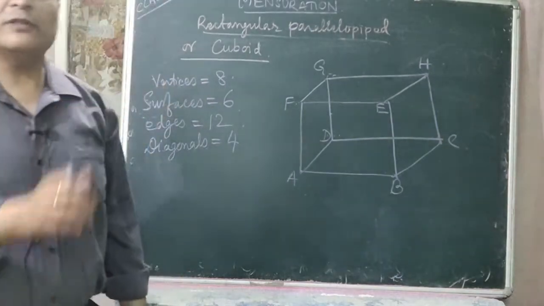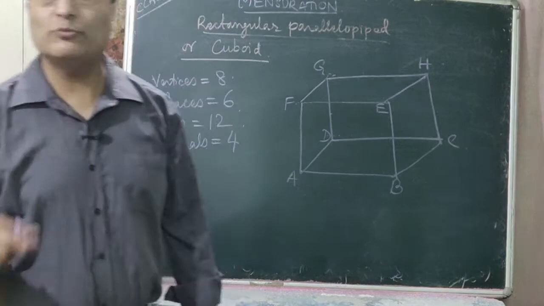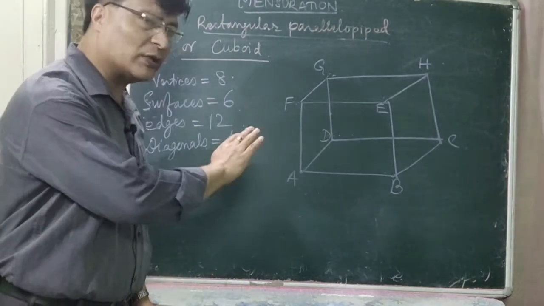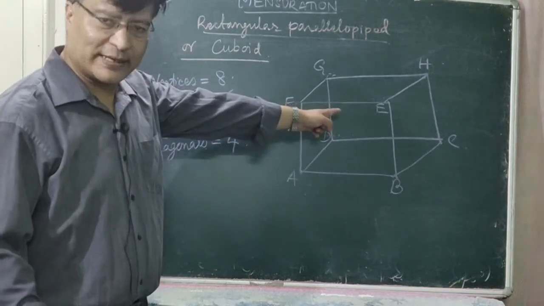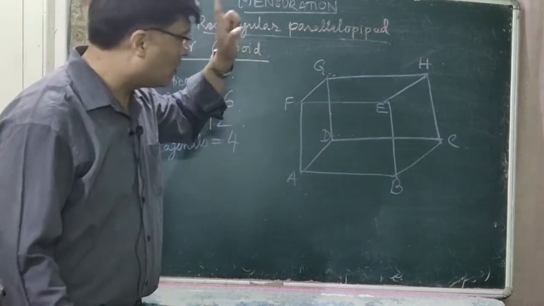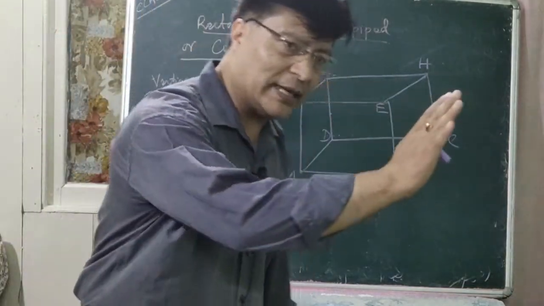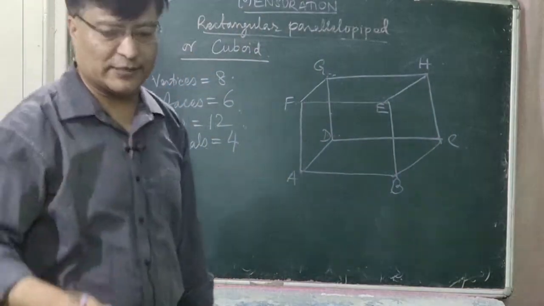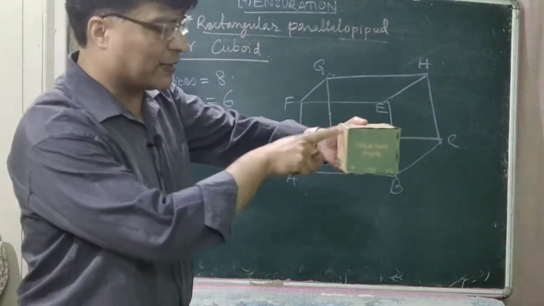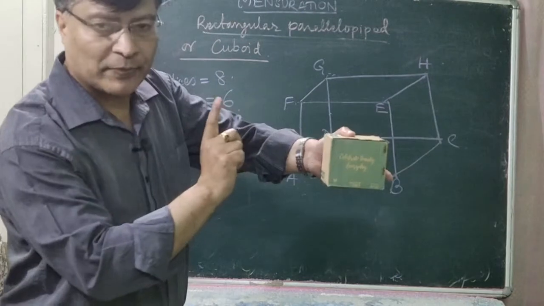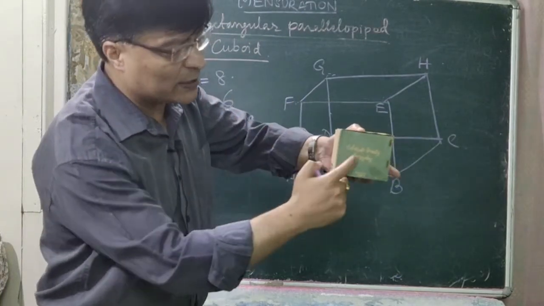So now for this rectangular parallelepiped, we have to measure the total surface area. The total surface area of what? Rectangular parallelepiped, volume of the rectangular parallelepiped, and the area of 4 side faces. Side faces means, suppose if you keep the rectangular parallelepiped like this, area of the 4 side faces means this